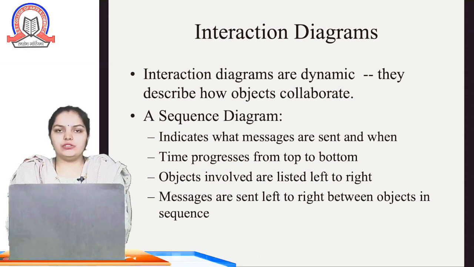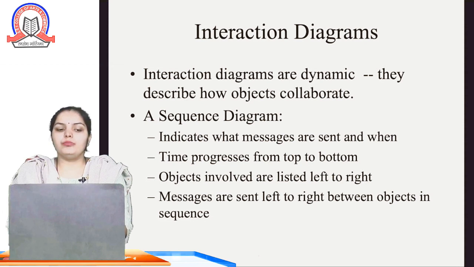So in the previous video we discussed the class diagram and object diagram. Today we'll start with the interaction diagram, means how the components interact with each other. If we go for the interaction of different objects or different persons involved in your project, we draw a sequence diagram for that. Okay, sequence diagram basically shows the sequences of the messages sent, when and where.